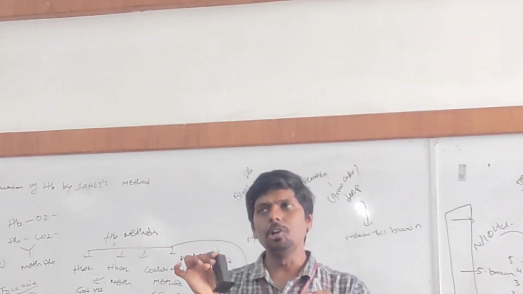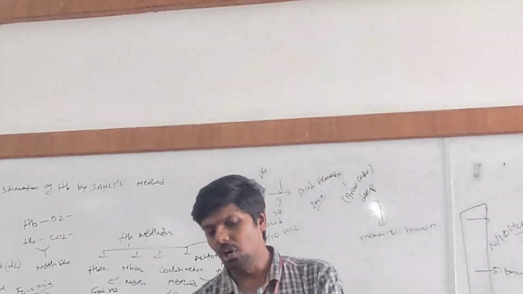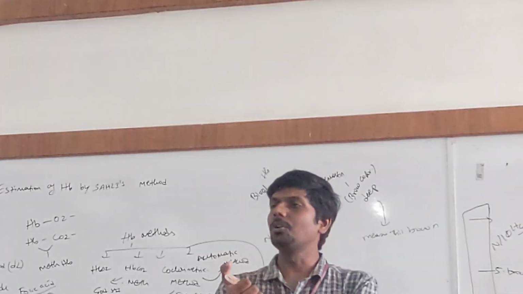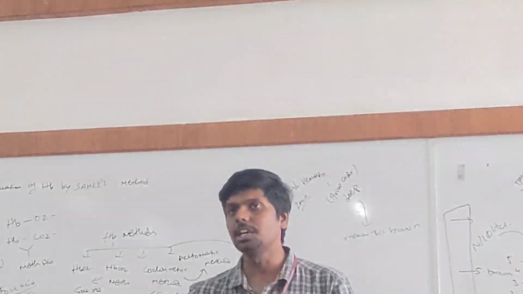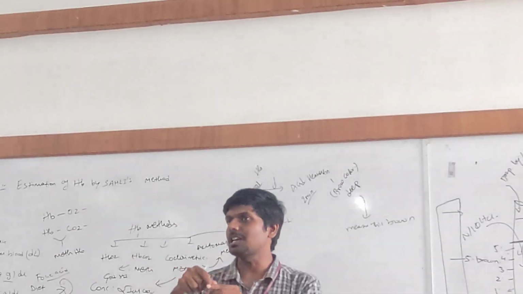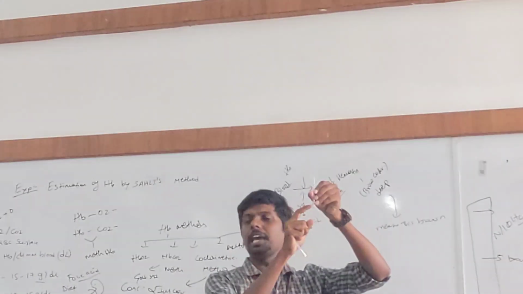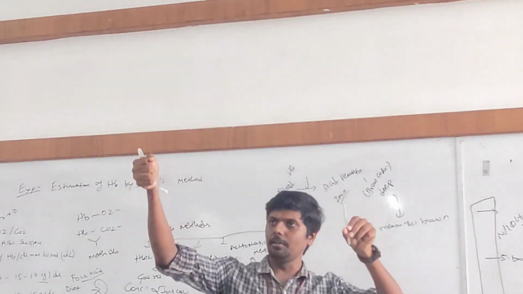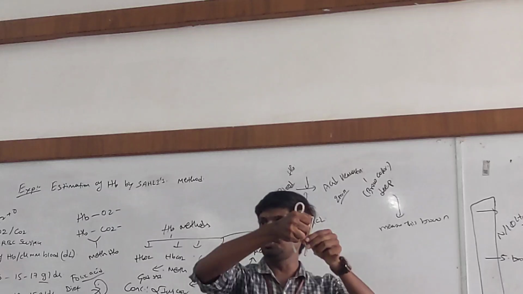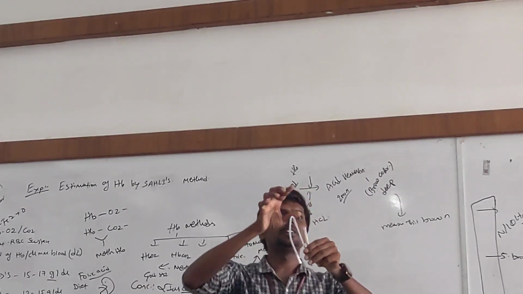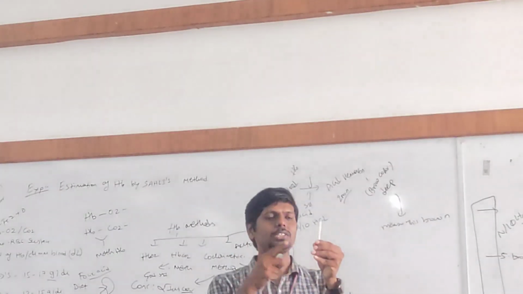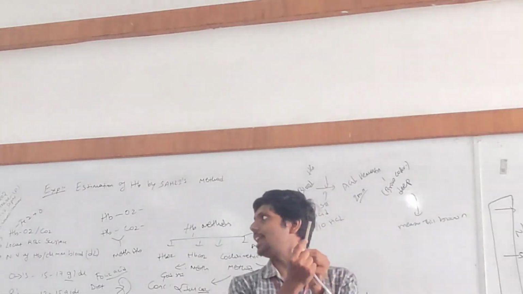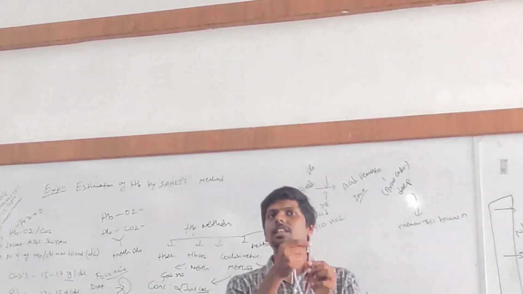Now can you perform this test? Very simple. First you will take a small finger prick. From the finger prick you will collect blood up to the 20 mark and transfer it to the tube. So the steps are: take N/10 HCl up to the 2 mark, then collect 40 microliters of blood, transfer to the tube, then start adding distilled water drop by drop until the color matches the comparator color. Once it is matched, take the upper meniscus value. I hope you know what the upper meniscus is, right? The upper part of the